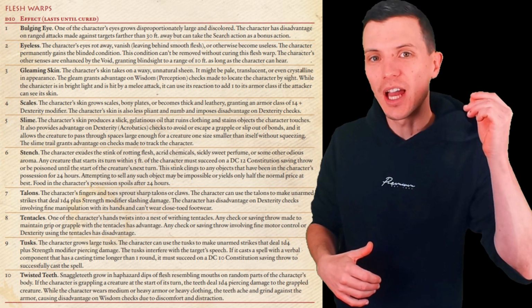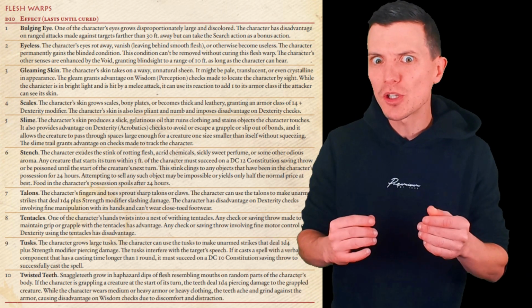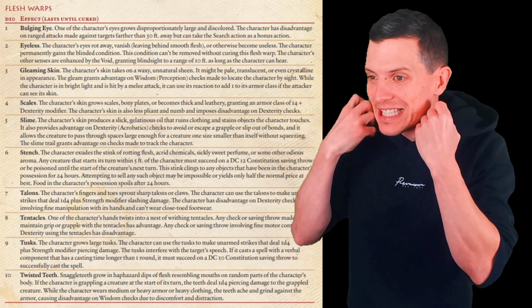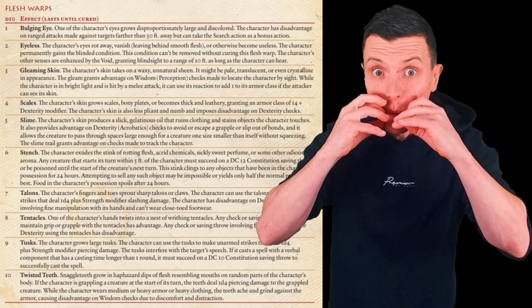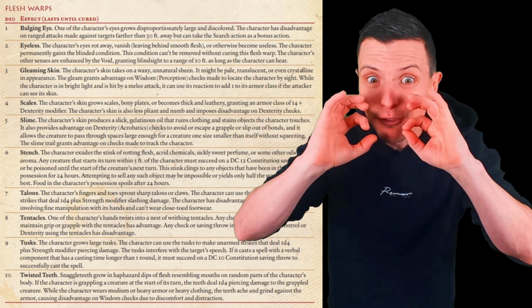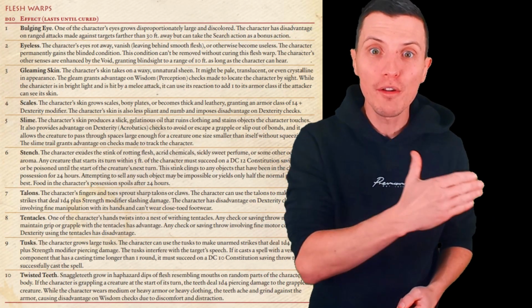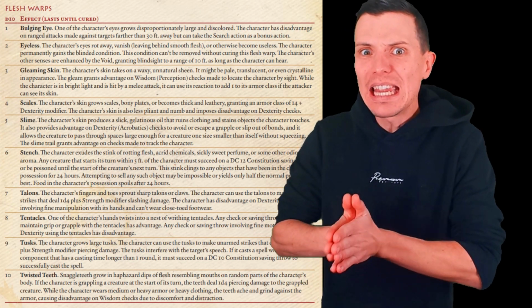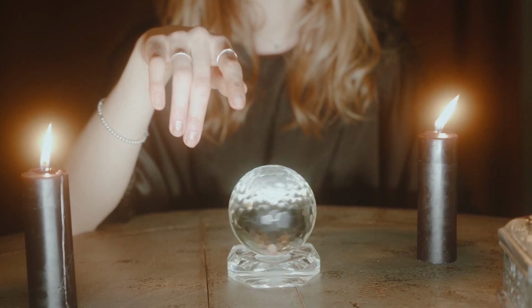This is, by the way, in the Kobold Press Midgard handbook, and these flash warps are really crazy. It is from emitting a stench constantly to growing tusks from your mouth, not in the cool way, but literally from your mouth, which makes you unable to really speak and cast spells because you now have these tusks in your mouth, right? So all of this stuff can happen from being in the vicinity of void touch stuff, like touching a void tainted magic item or whatever, and all of these are only the dangers that come from that kind of stuff, and it's not even talking about casting actual void magic spells.